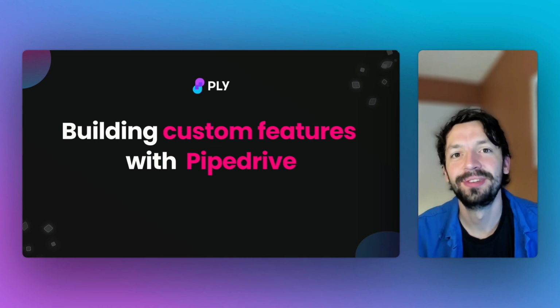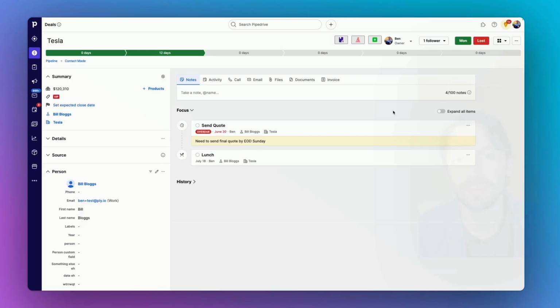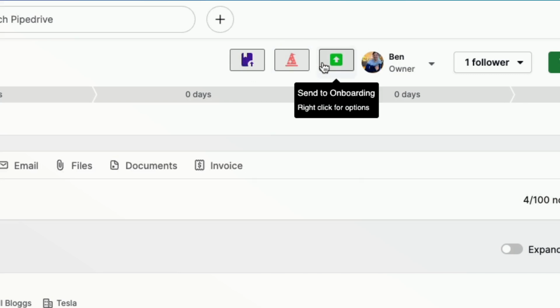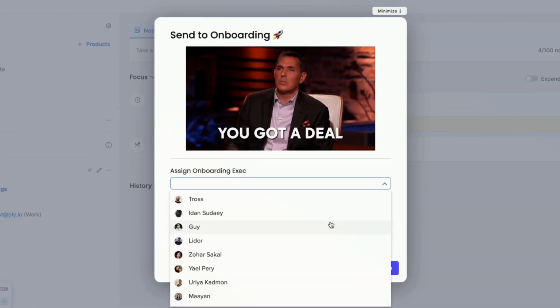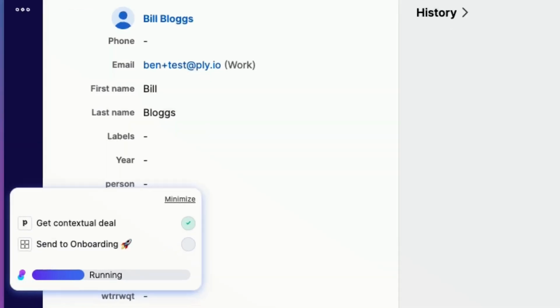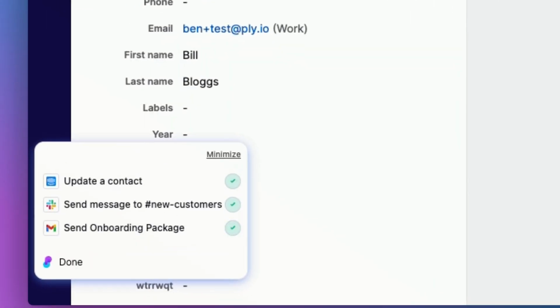Ply lets you build custom features inside Pipedrive without code. You can create and add features like these that help your team work faster and match the way your team works. Share tools with your team that turn complex processes into simple, easy-to-follow workflows. These custom features connect data across your entire tech stack so you can cut time spent working across multiple apps